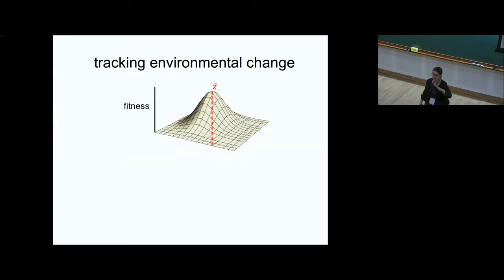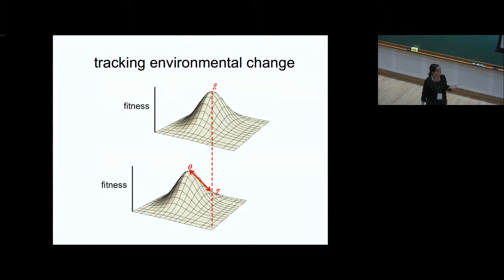But then, we've already discussed this: we rarely think that fitness landscapes will be constant, and we might imagine that there's some environmental change, and that environmental change could be anything. If we think about the trait value that maximizes fitness, it might have a new value, which we call theta. Now the population is sitting at a place of lower fitness. So it's maladapted. It depends on how far down it is, and we were talking about being maladaptive, how far you are from the optimum. That was the cue in the last talk.